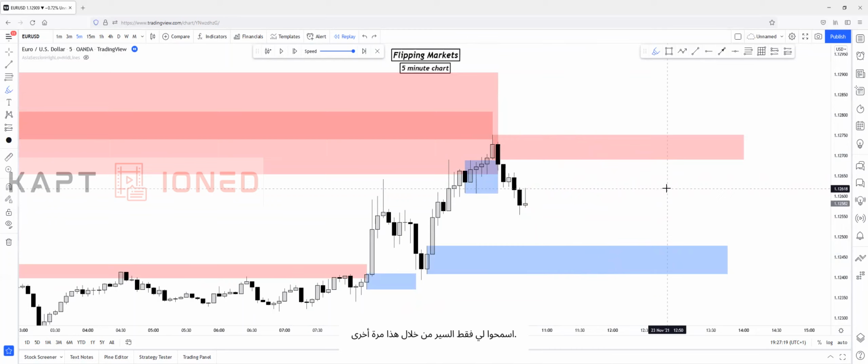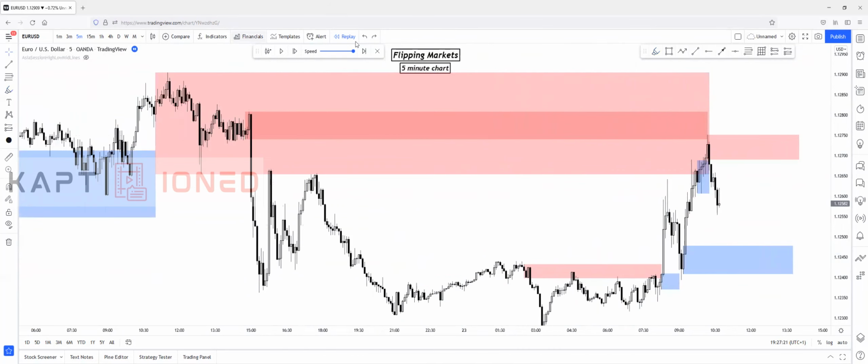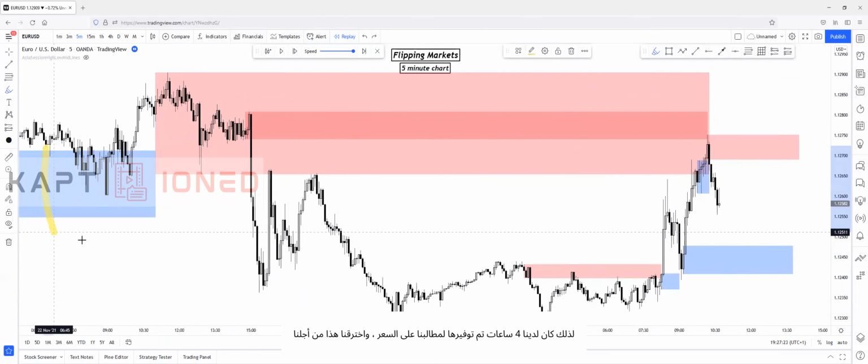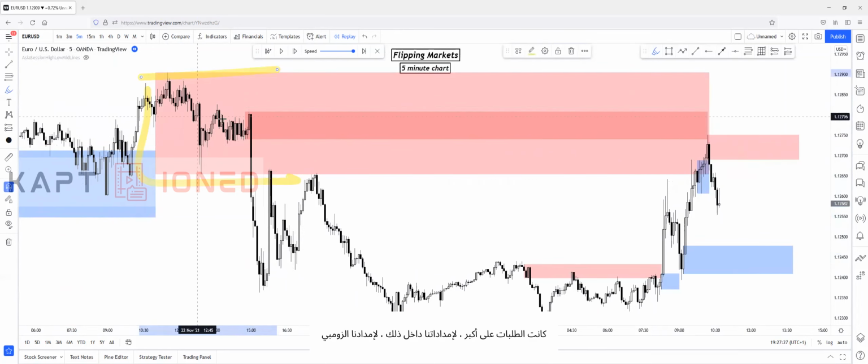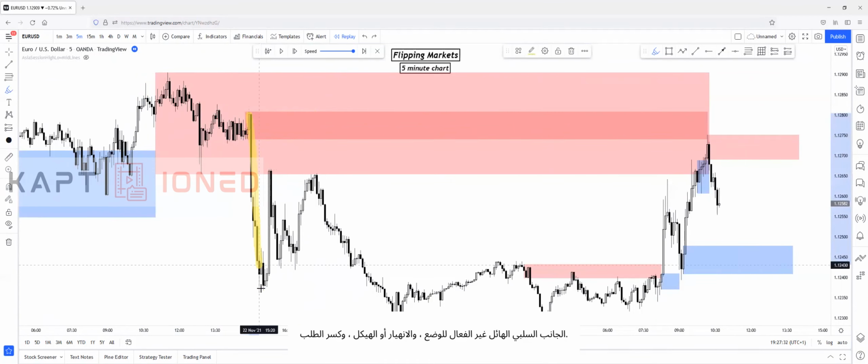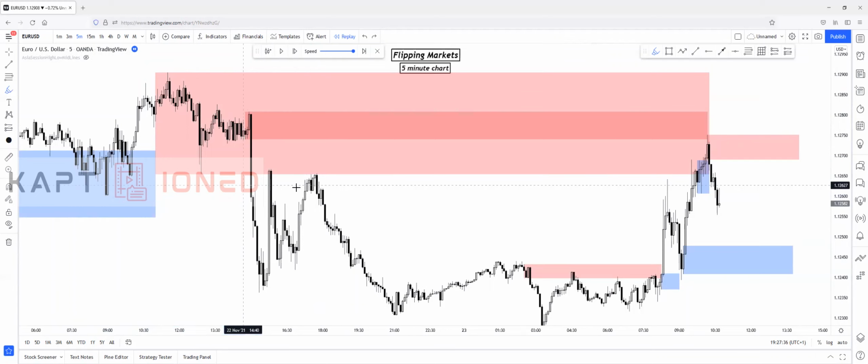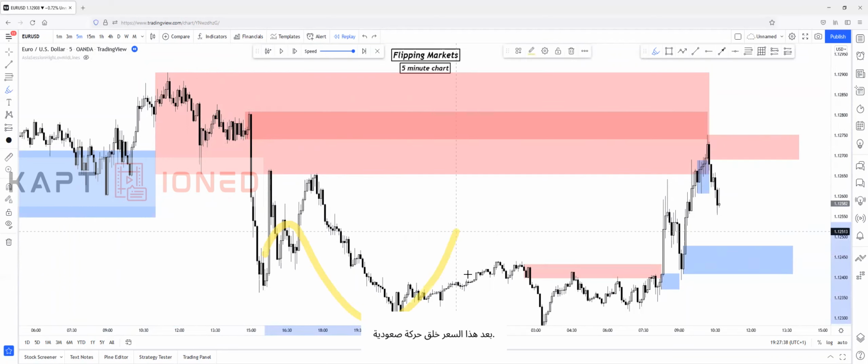Let me just walk through this again. So we had a 4-hour supply, 4-hour demand zone. Price broke through this 4-hour demand zone with a 4-hour supply zone. Inside of that 4-hour supply zone, we had a 15-minute supply zone that created a huge inefficient push to the downside and break of structure and demand break. After this, price created an upside movement,